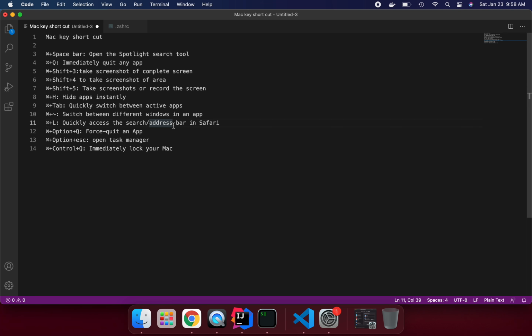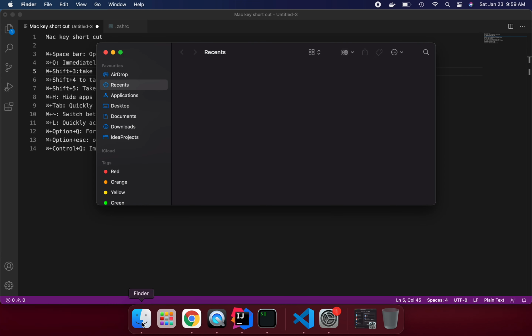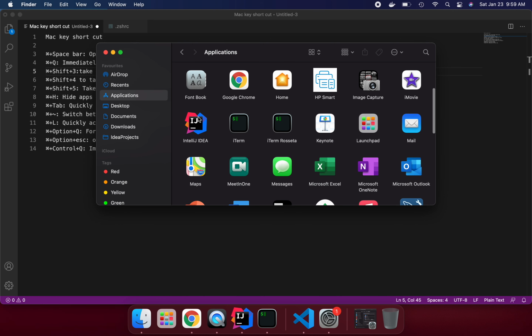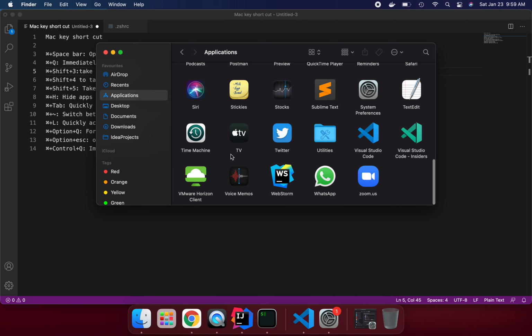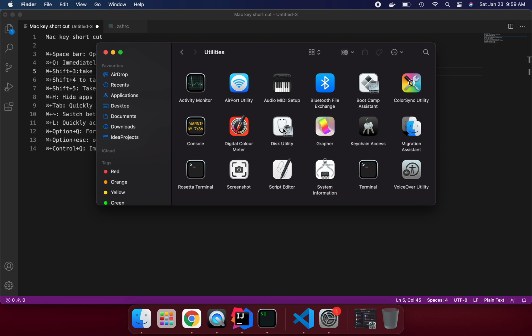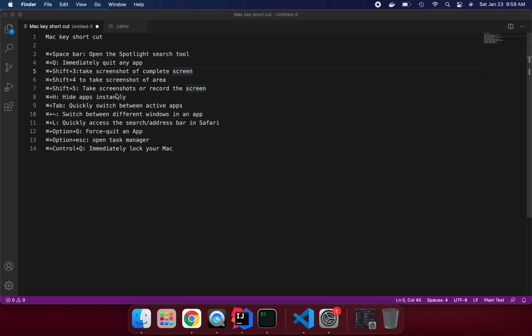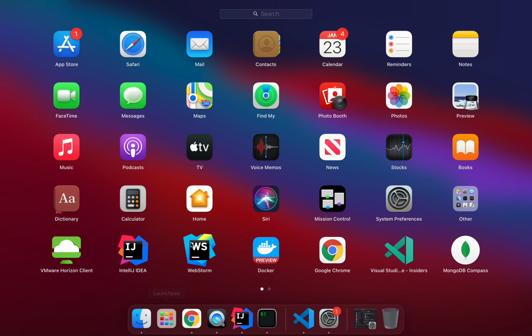These are actually very useful shortcuts. If we know them, you can quickly access many software. One is Finder. If you see this Finder icon, we can click here, go to application and see all the installed software we have, and under utilities you have utility software. You can find all the folders where you want to go: application, desktop, documents. And one is the launchpad. Under launchpad you also see all the software installed.